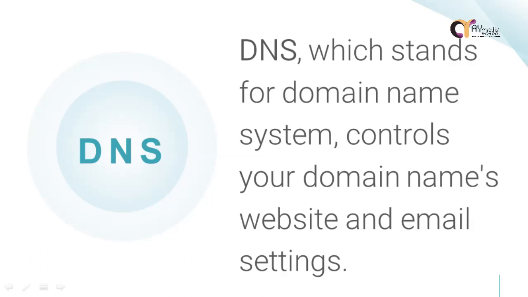What happens there is that there's something called a domain name system. A domain name system simply tells the IP, which is the internet protocol, where the particular domain is being hosted. It links you straight. At the end of the day, the IP goes there, searches for the information, and brings out the information for us to see. So the DNS helps us in controlling our domain names, website, and email setting.